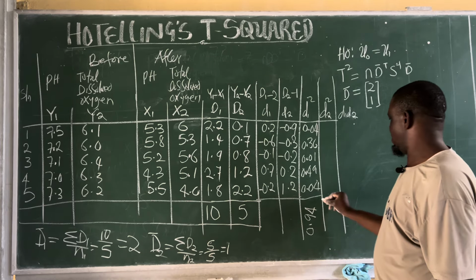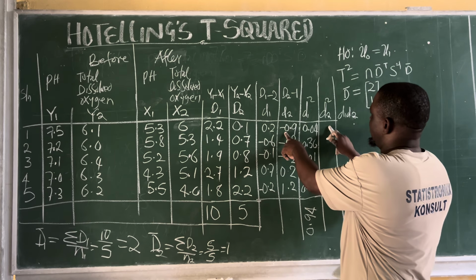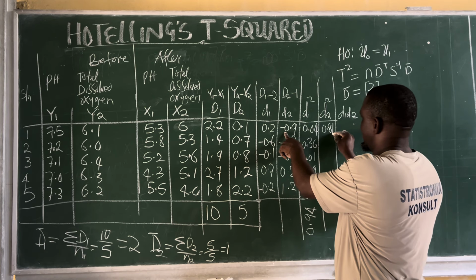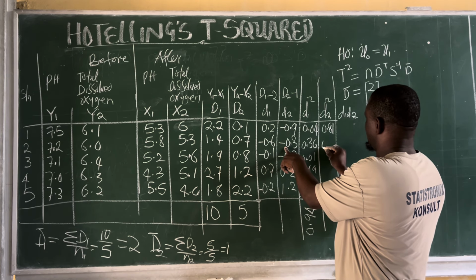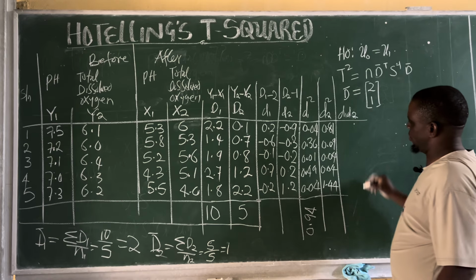Okay? Now, our D2 square will be the square of this. So this will be 0.81. This is 0.09. This is 0.04. And if we sum that,